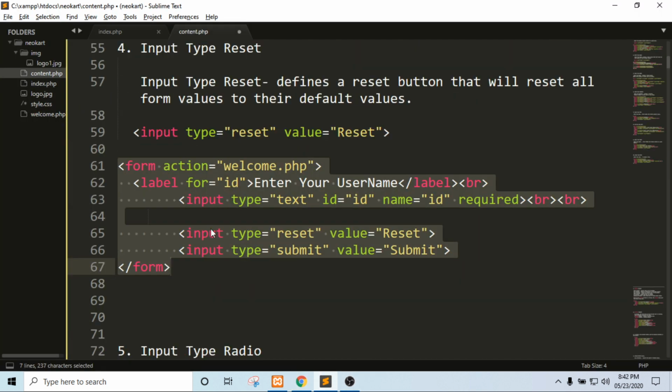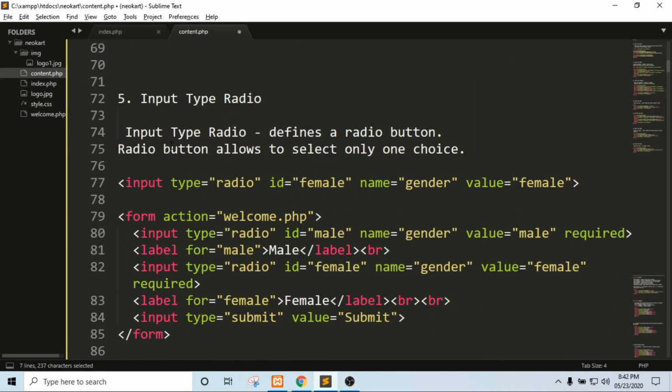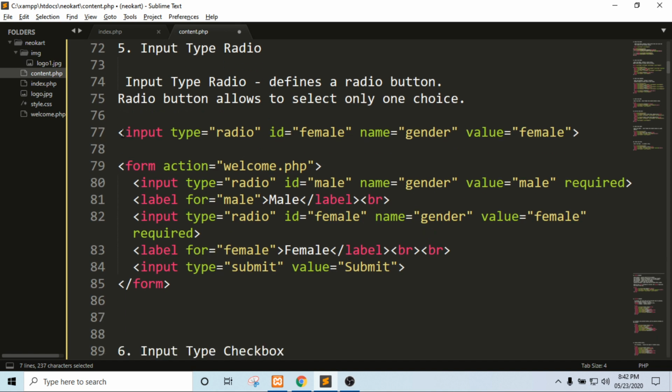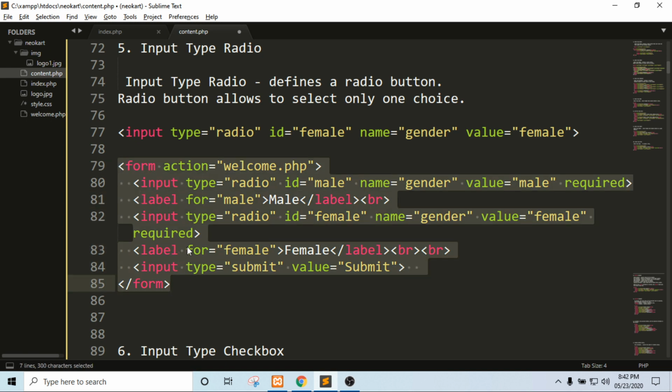And the next one is input type equals radio. Radio defines a radio button. A radio button allows you to select only one choice. This is the format: input type equals radio, ID, then name, and then the value. Now we can see the radio.